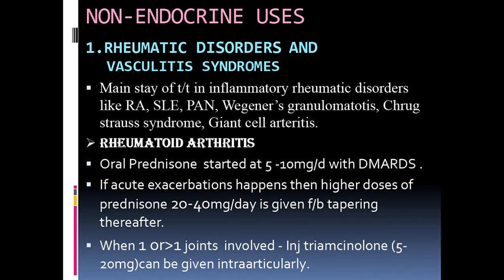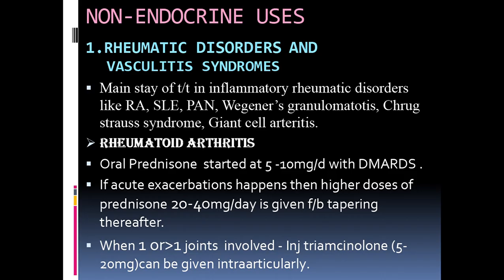Then what are the non-endocrine uses of glucocorticoids? We can use glucocorticoids in rheumatic disorders and vasculitis syndromes. Mainstay of treatment in inflammatory rheumatic disorders like rheumatoid arthritis, systemic lupus erythematosus, PAN, polyarteritis nodosa, then Wegener's granulomatosis, Churg-Strauss syndrome, giant cell arteritis. Coming to rheumatoid arthritis, oral prednisone started at 5 to 10 mg per day with DMARDs,